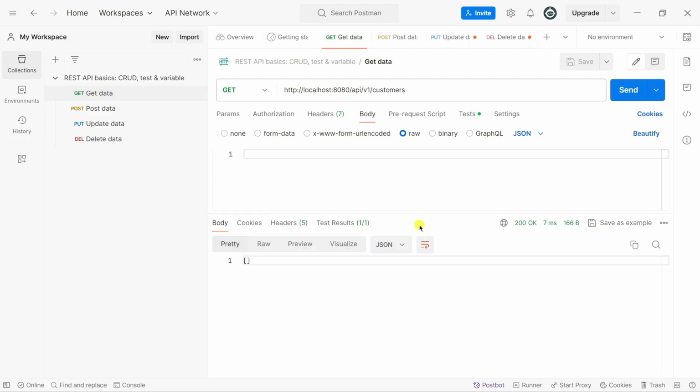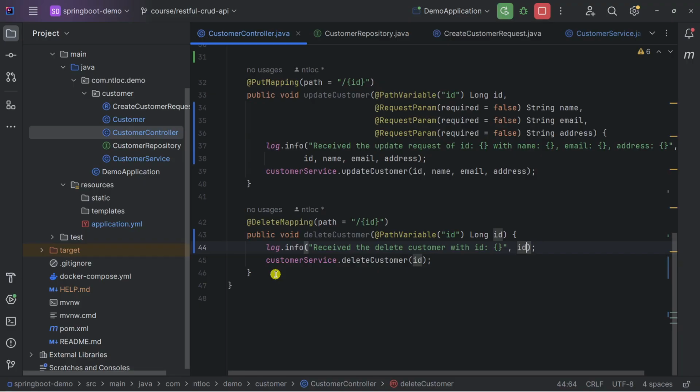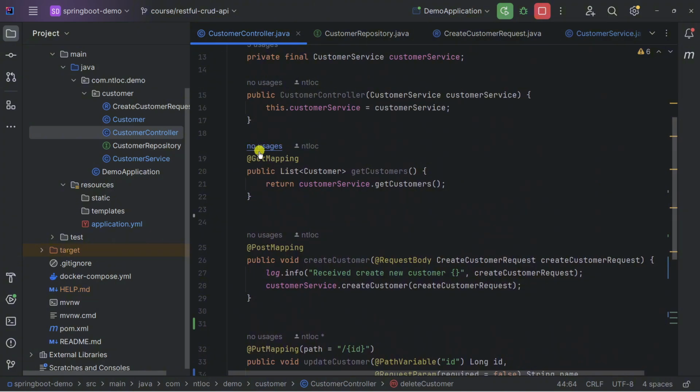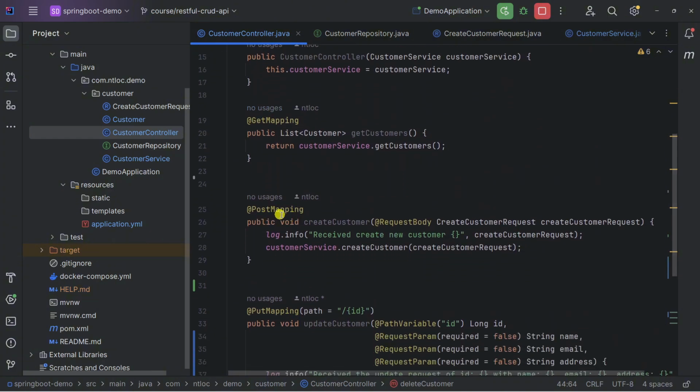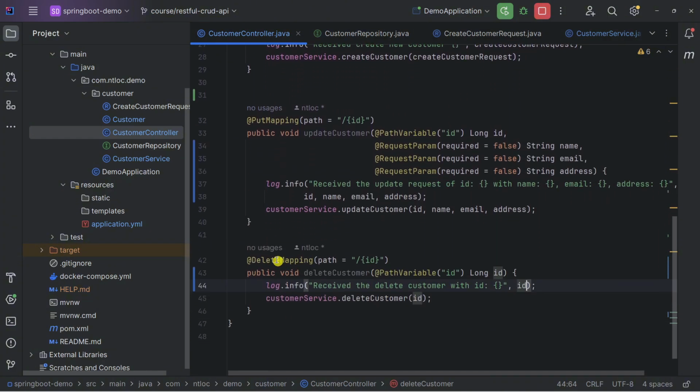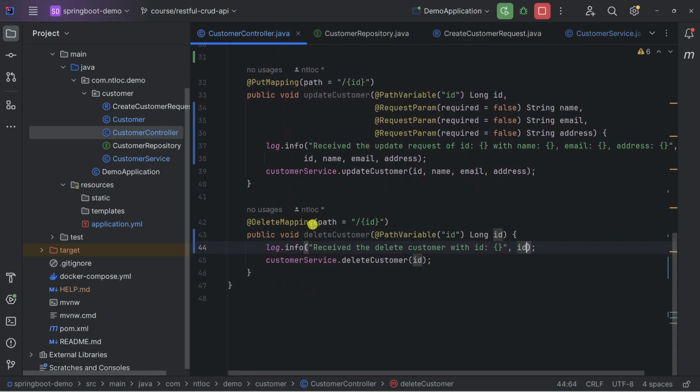So now you can see that we don't have any customer in the database. Okay, cool. Now we can perform the delete request in our application. So right here, you can see that we have already implemented the functionality of the REST API requests, including GetMapping, PostMapping, PutMapping, and the last one is DeleteMapping.